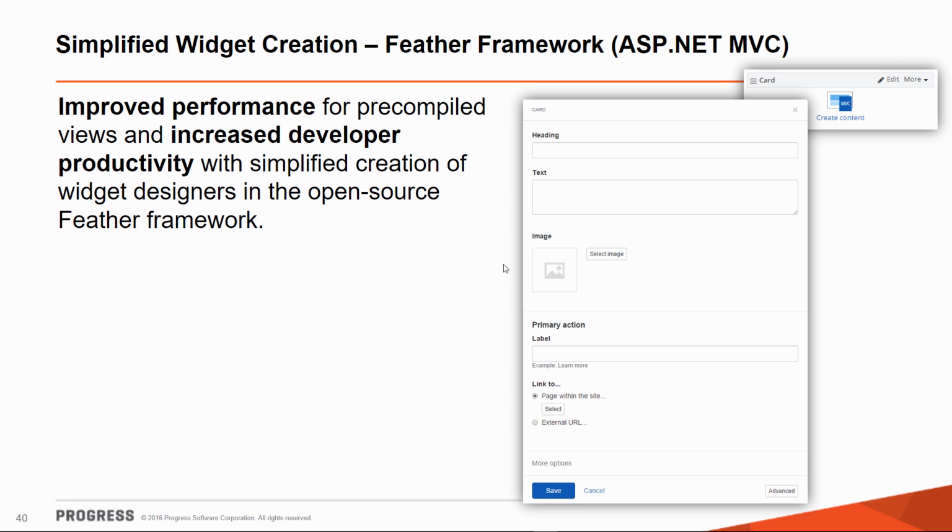And those widget designers are the things you currently see here on the slide, where they provide the interface that marketers interact with. They're key for successful CMS implementations because if we make it easier for developers to build those interfaces, then when they hand over the system, the marketers have more agility to work with it, and they're more self-sufficient so that they do not have to call the developer for simple things such as updating a text, changing an image, and so forth within a given widget. All this can be done through the configuration interface of the widget.